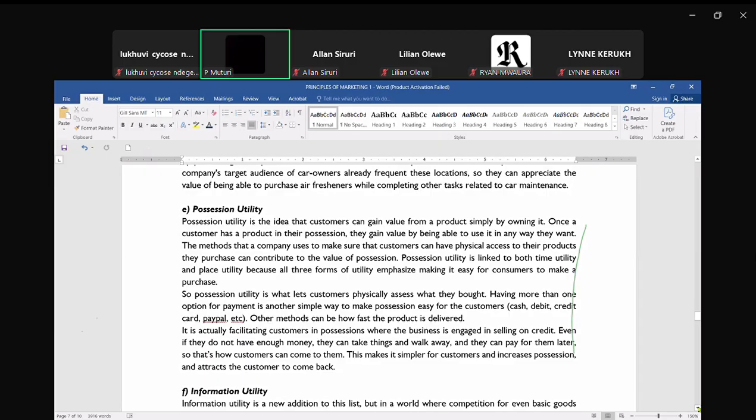Think about now this whole idea of ordering things online. One of the challenges is, will the product actually be delivered? So at the back of the mind, and sometimes I order things online myself. I don't know whether you people, who of you have done it. At times you're concerned about, will they deliver? How long will they take to deliver? At which point do I pay? Do I pay when I'm ordering online, or do I pay once the product has been delivered?